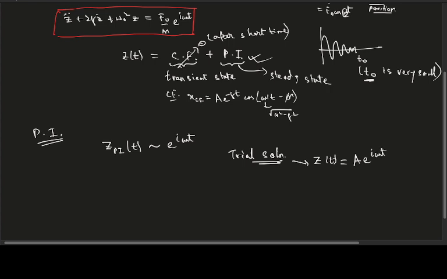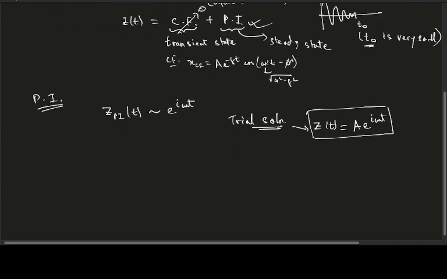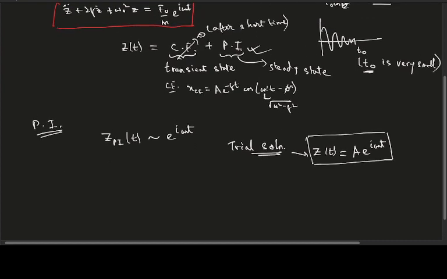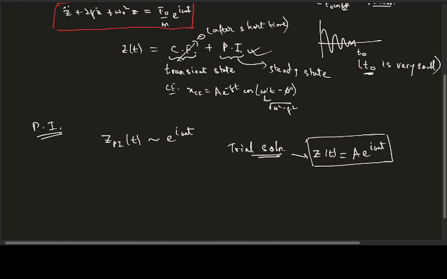Because we don't have a 0 on the right hand side, you cannot just take any form for your trial solution. You have to take particularly the form that is there on the right hand side. So we are taking A e to the power i omega t as our trial solution. I hope you can view the main equation which is bordered in red. This is equation 2.